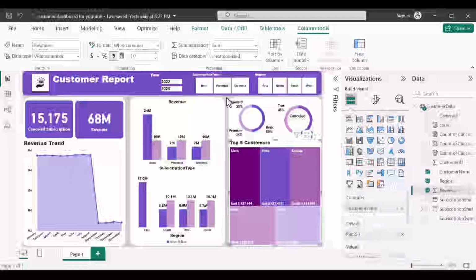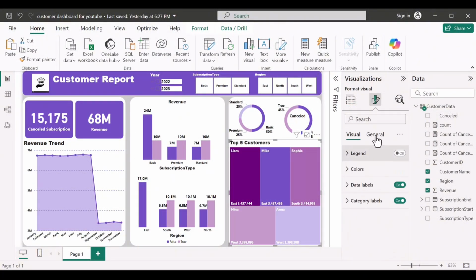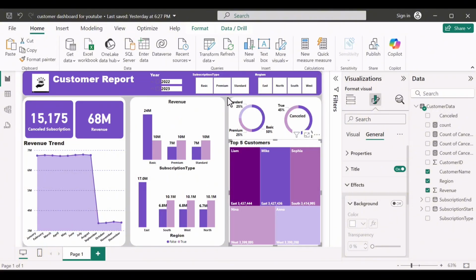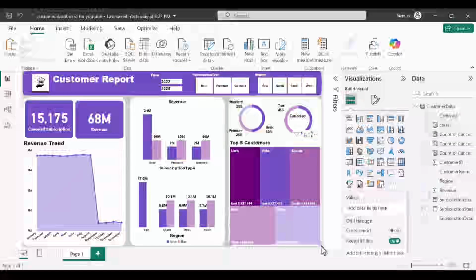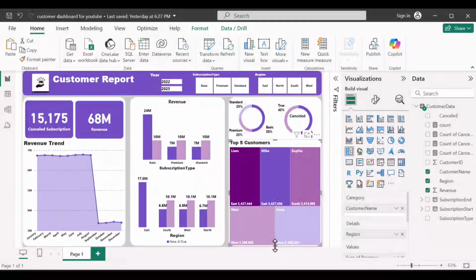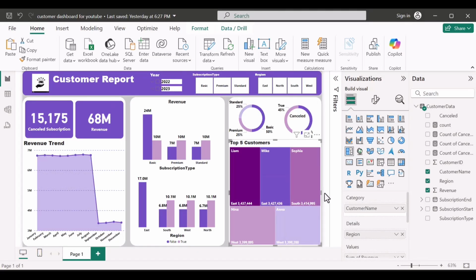to design. We have to turn off this background, so we forgot to turn it off, and we just come down to effect and turn on background. The littlest mistake might affect your dashboard, so just pay attention to details. And it is touching our edges, so we need to do something about it. Just click on it and reduce the length so it doesn't overlap our edges. You don't have to make it really obvious, you can just reduce it a little bit and fit it